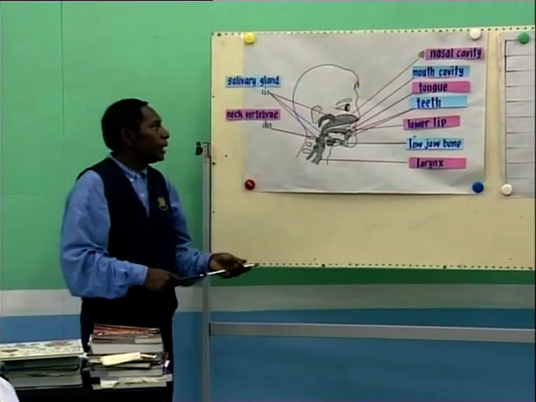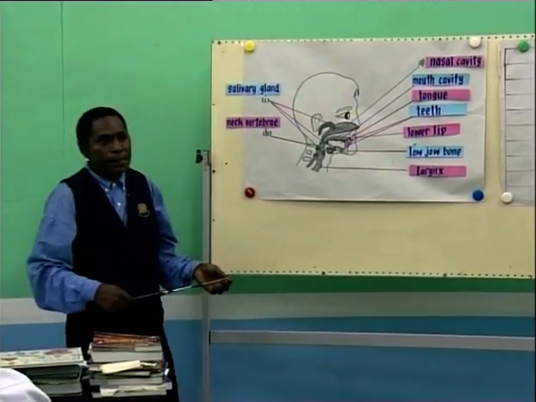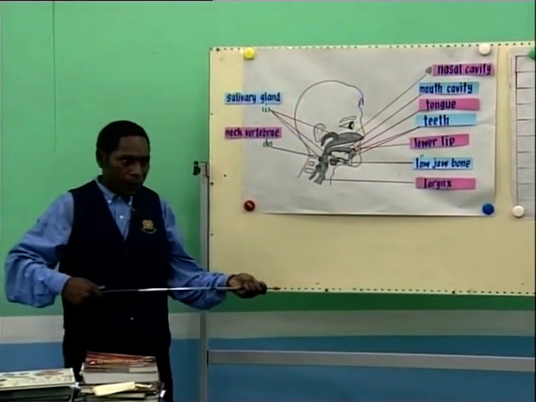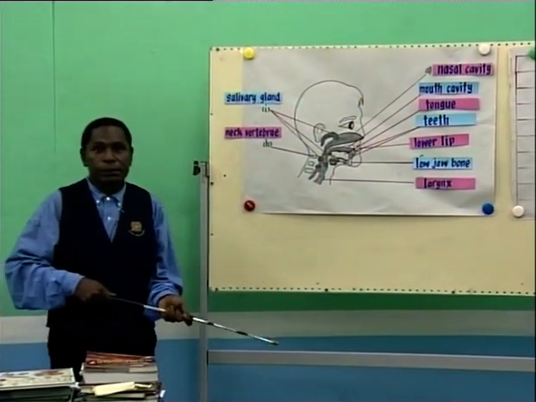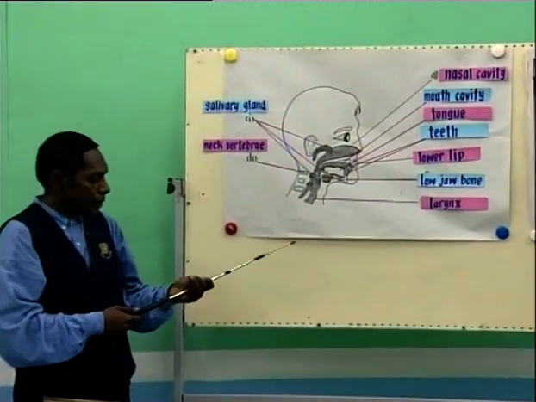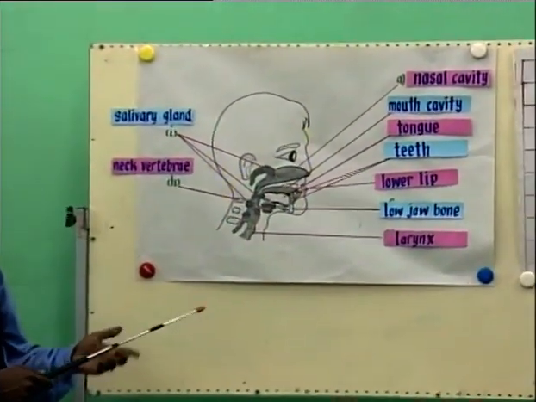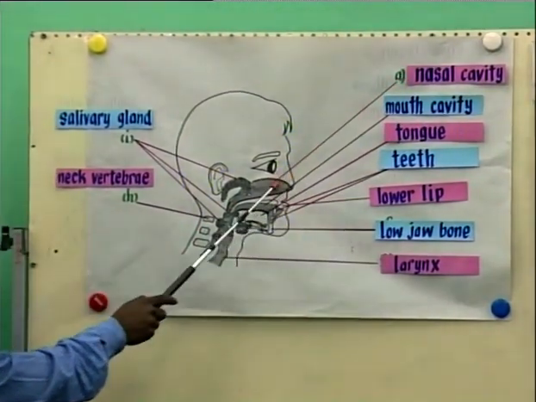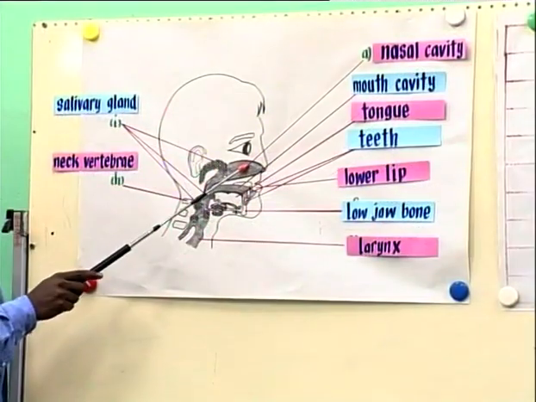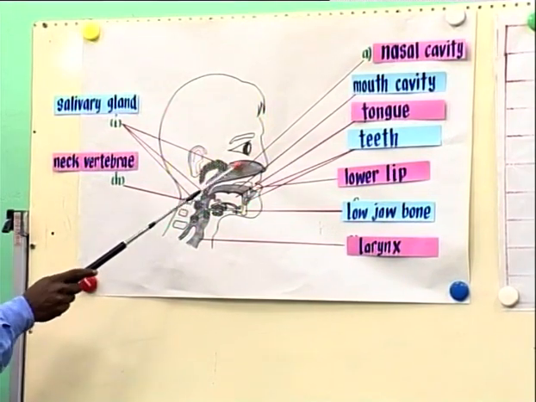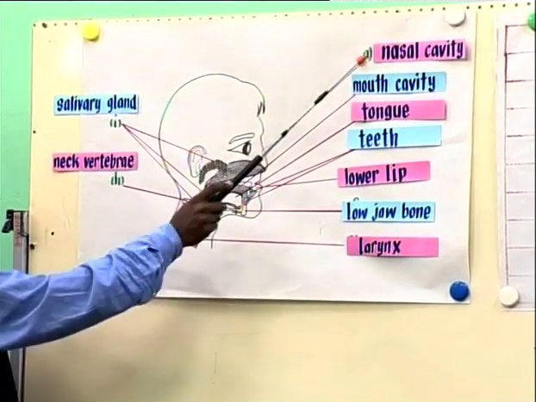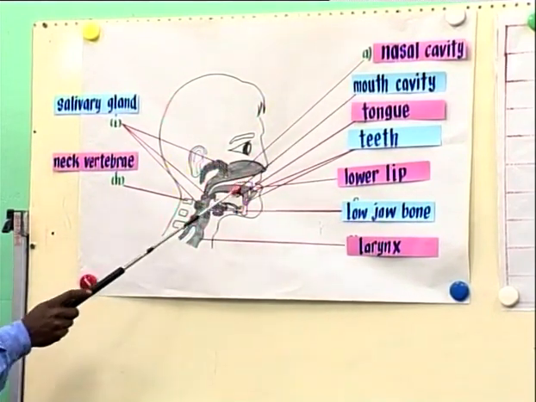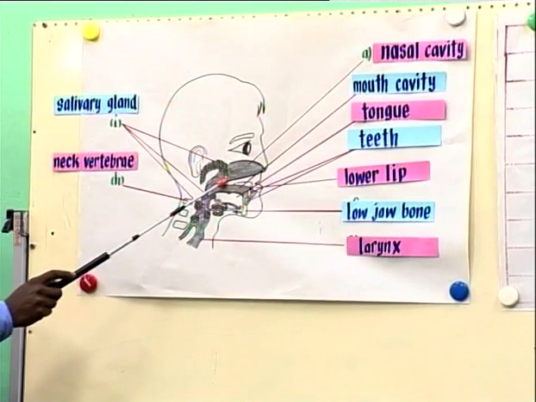On your diagrams, you will have A to G on one side and then H and I on the other side of the diagram of the head. Now, the model class has come up with these answers here. Let's take a look at them. You have the nasal cavity. The nasal cavity is right there. You will also have that in your workbooks, if you have them. Okay, you have the nasal cavity there, which is correct, and then the mouth cavity there, where the mouth is.